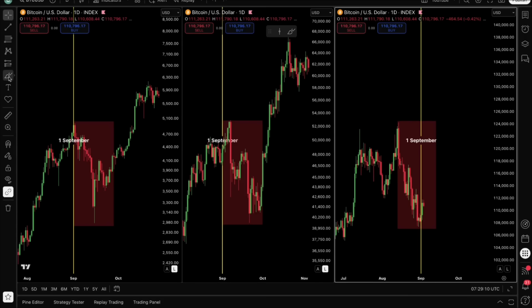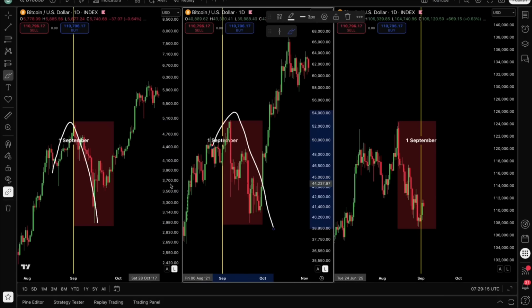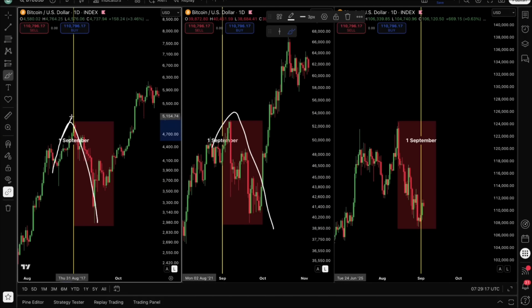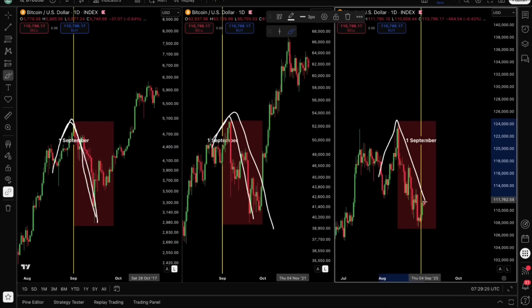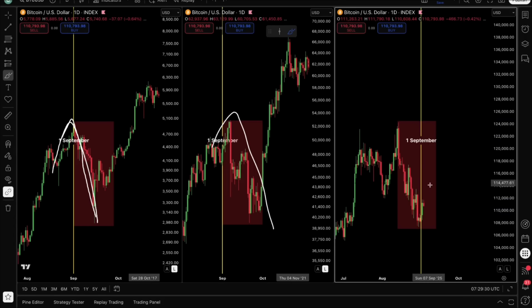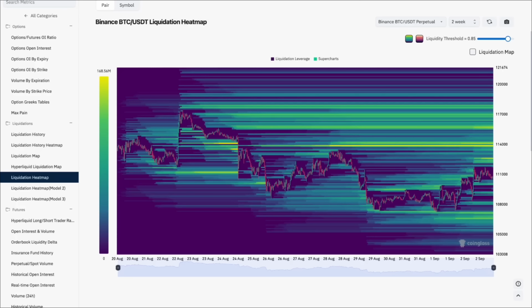And what we did see with this September is that usually in 2017 and 2021, so the other post-halving years, we saw a major crash basically in September, immediately starting within the first days. But now we saw a major crash before September, and now actually a little bounce higher. This doesn't mean we could still see a major crash lower, but I don't think it will be such a large one because we have already seen some downside price action here. So actually I do think in the end September is going to turn out more bullish than bearish. So let's see about exactly that.